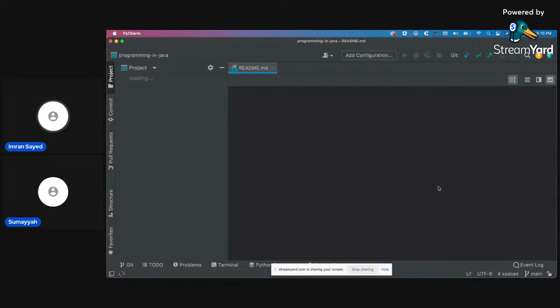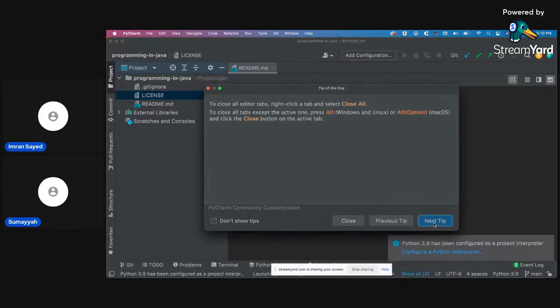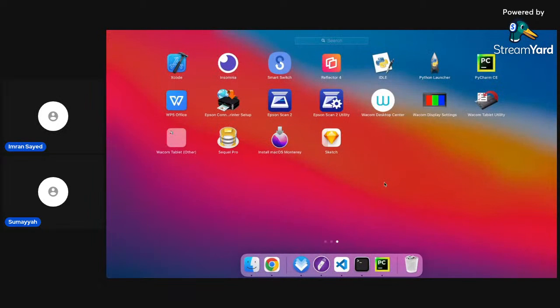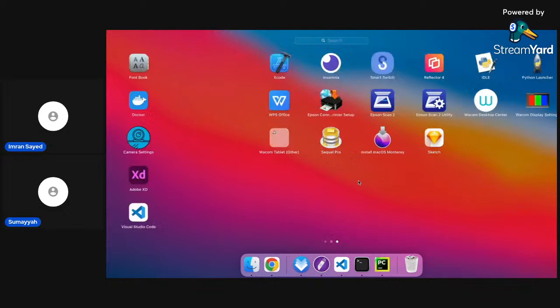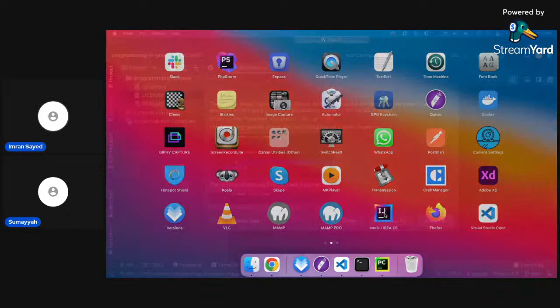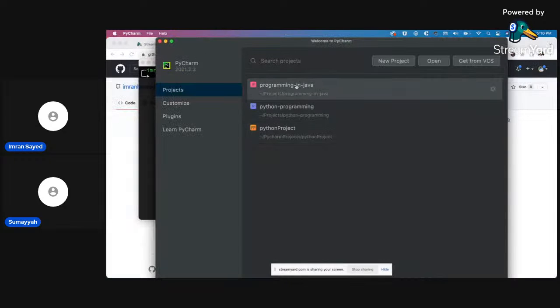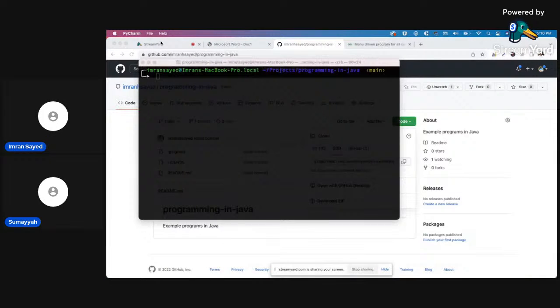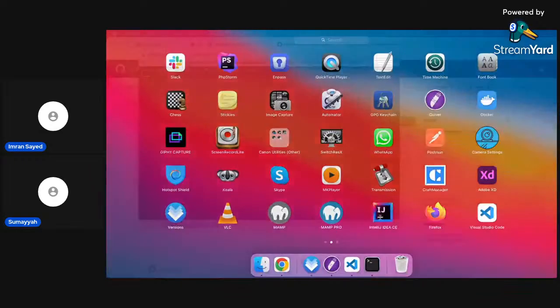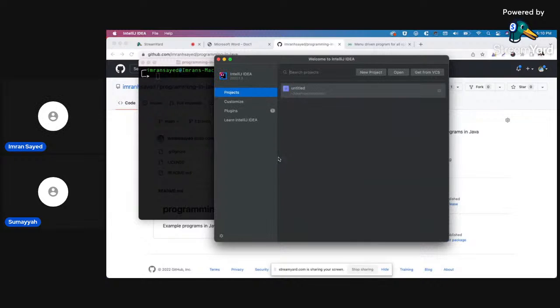Sorry, 1 second. Will Java work over here? This PyCharm, I think, is for... Where did I write Java? I did write Java. I think IntelliJ I used. I'm not wrong. 1 second. Yeah, I think so. PyCharm, I think, is for Python. Yes, that's the one. Open.